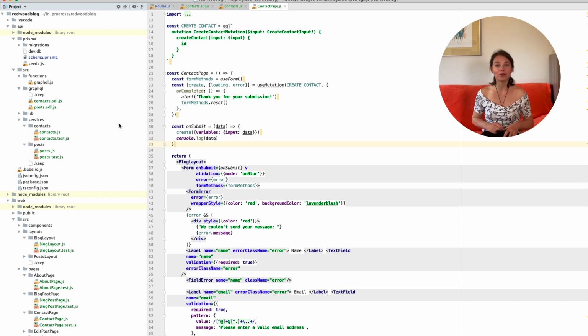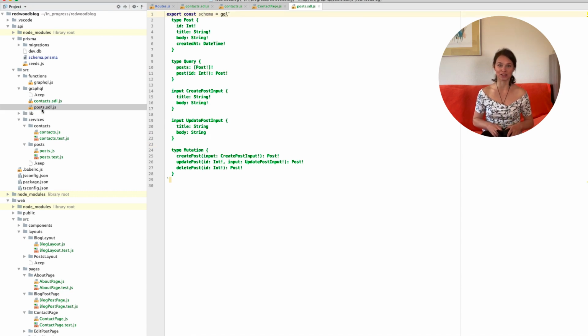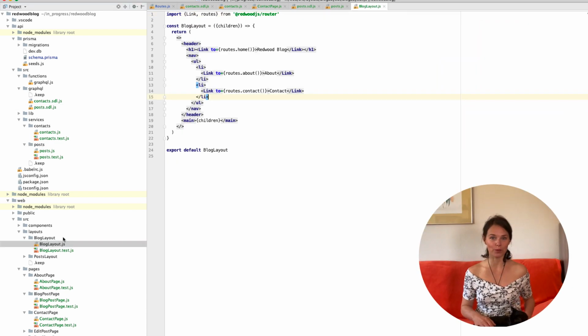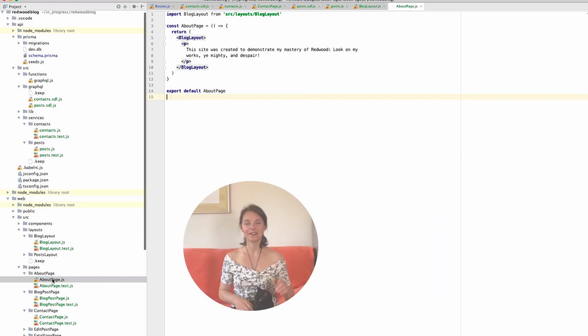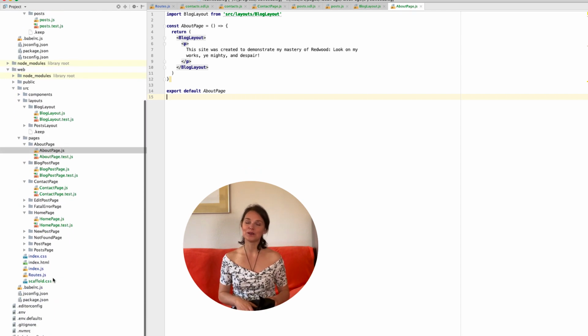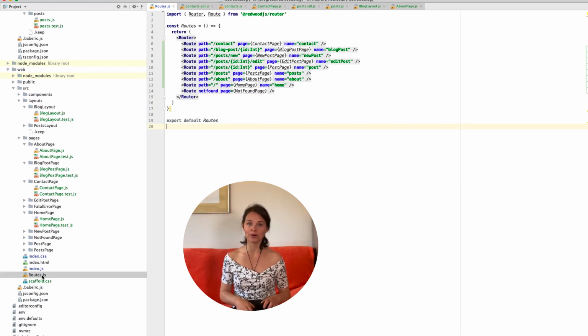I've been playing around with Redwood.js and it has some nice features. It actually makes your life a little bit easier. In this video, I'm going to give you a review of what I've learned by building a blog with Redwood. If you want to try it yourself, click the link to the blog tutorial. Also, I've written a more in-depth review in the article below.